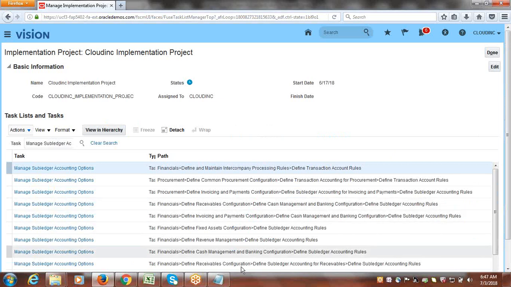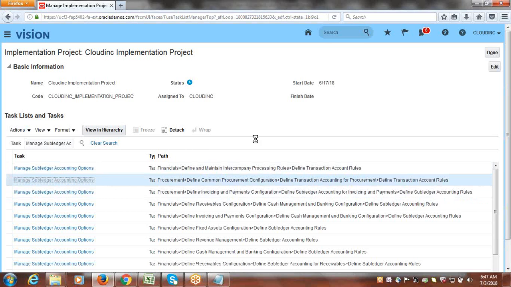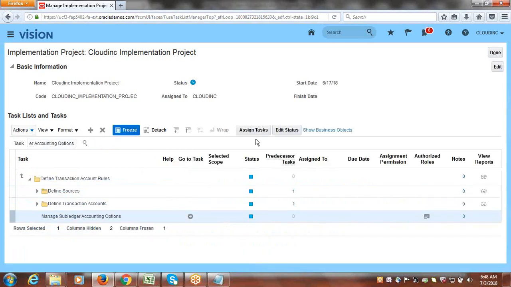Okay, here you could see subledger accounting options, but now we are going to deal with which application? Purchasing. So you have to select purchasing specific path only. So for this setup, this path is very important which you are choosing. That makes the difference. You have to select procurement related only. So this is a procurement related task. So click on this. So manage subledger accounting options. Click on go to task icon